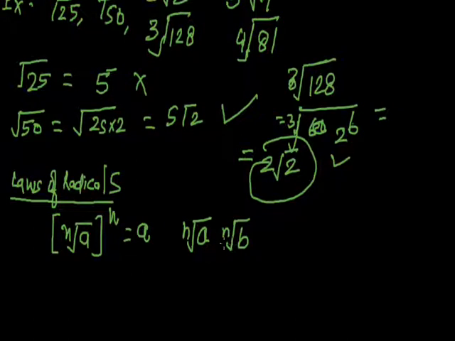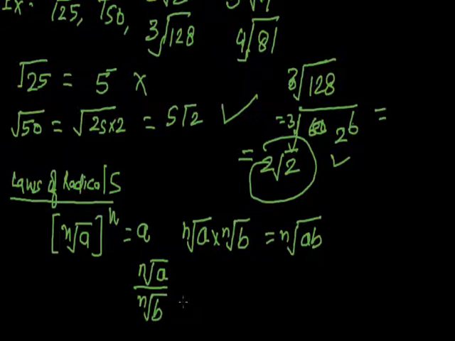If you solve these two, you get radicand ab with the order n. Then a surd with the order n divided by b surd with the order n, if you solve this, you get a upon b. These are some of the laws which you need to remember. These are the laws which we will be using very extensively, and there are other similar operations which we can do based on these laws.